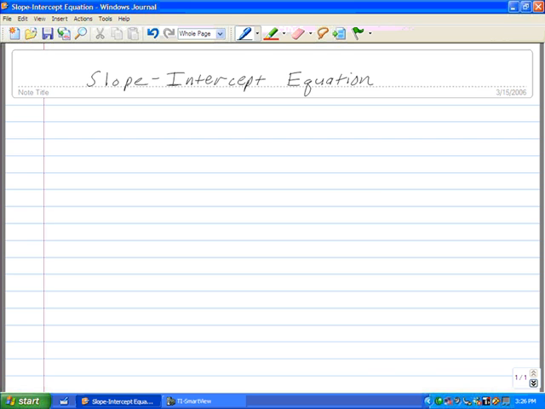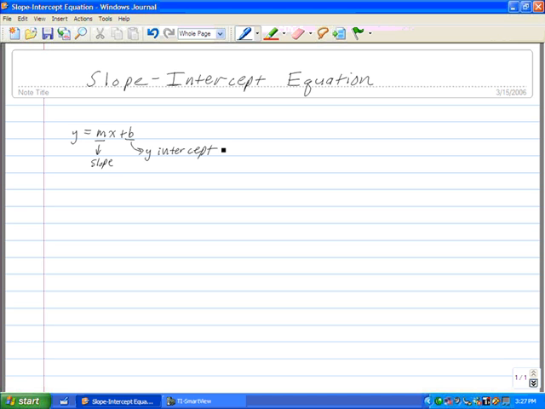There is an equation that we need to learn how to work with called the slope-intercept equation, and it is an equation that is used with linear equations. The slope-intercept equation of a straight line is y equals mx plus b, where x and y are variables. The m, hence the name of this equation, is going to represent the slope of the line, and the b is going to be the y-intercept